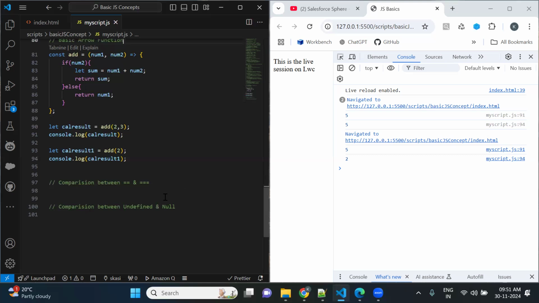Let me go ahead and let's try to understand the comparison between double equals and triple equals, because this is again a frequently used statement in JavaScript. Double equals is also a comparison operator, by the way, and triple equals is also a comparison operator. Basically, when we have two variables or two properties and you put double equals between them, num1 double equals num2, something like this,